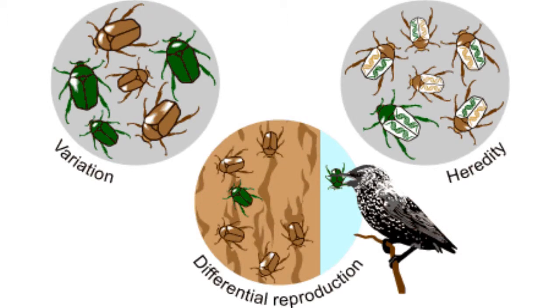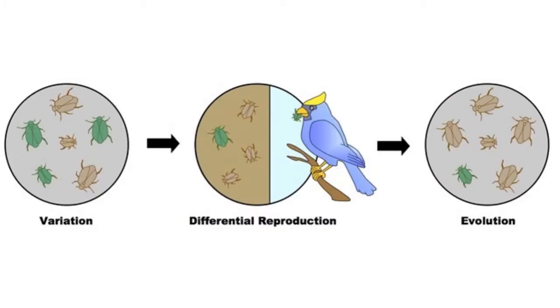Natural selection is one of the main mechanisms driving evolution. Essentially, natural selection is a process by which organisms with favorable variations survive and reproduce at a higher rate. This inherited variation that increases an organism's chances of survival in a particular environment is called an adaptation. Over many generations, an adaptation can spread throughout the population.